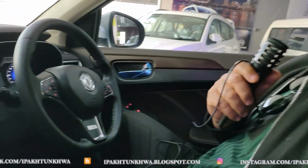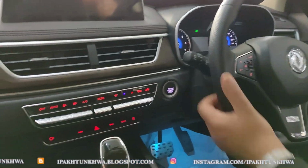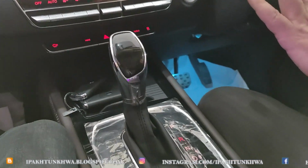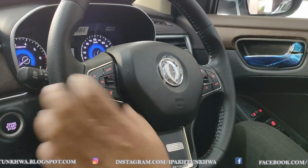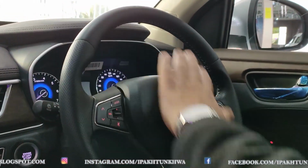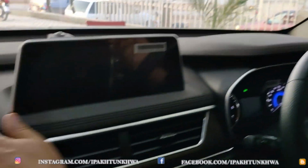Now we are inside the DFSK 580 Pro Glory, and the steering is actually very soft. It has controls on the steering. On the left is the mode, and for the cruise control, and this is for the multimedia like volume and different settings. And the steering is pretty beautiful, with the plush soft touch interior, and this is the leather-like interior, which